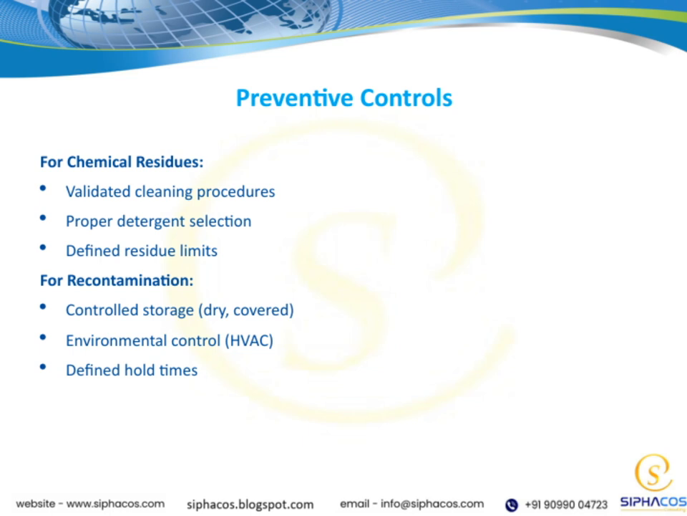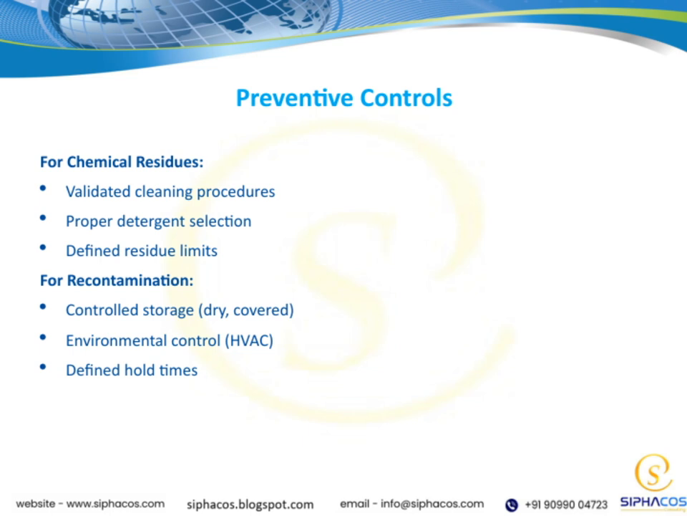in production. Now, moving on to recontamination prevention. Controlled storage is key. Keeping products in a dry, covered environment helps prevent contamination from dust, moisture, or other sources. Environmental control, like maintaining proper HVAC systems, ensures that airborne contaminants are minimized. And finally, establishing defined hold times allows us to know how long a product can safely stay in storage before it needs to be moved or processed further. All these measures work together to maintain product safety and quality, aligning perfectly with our overall goal of producing safe,